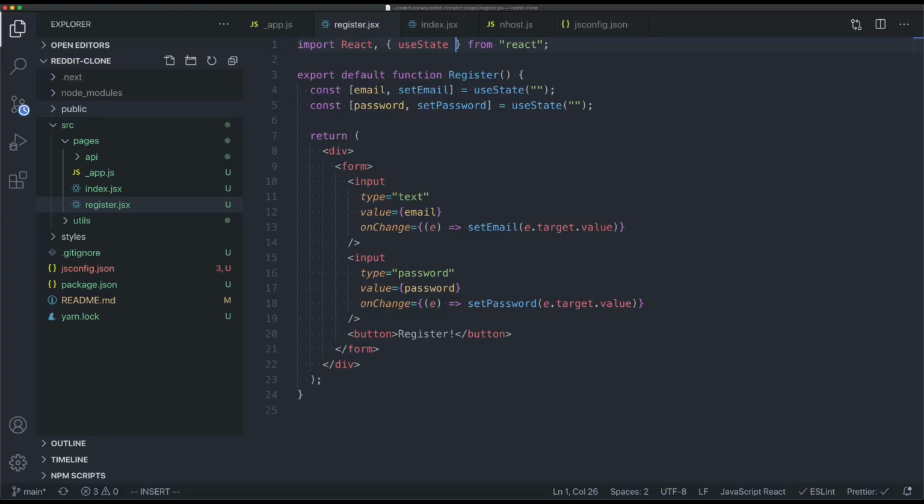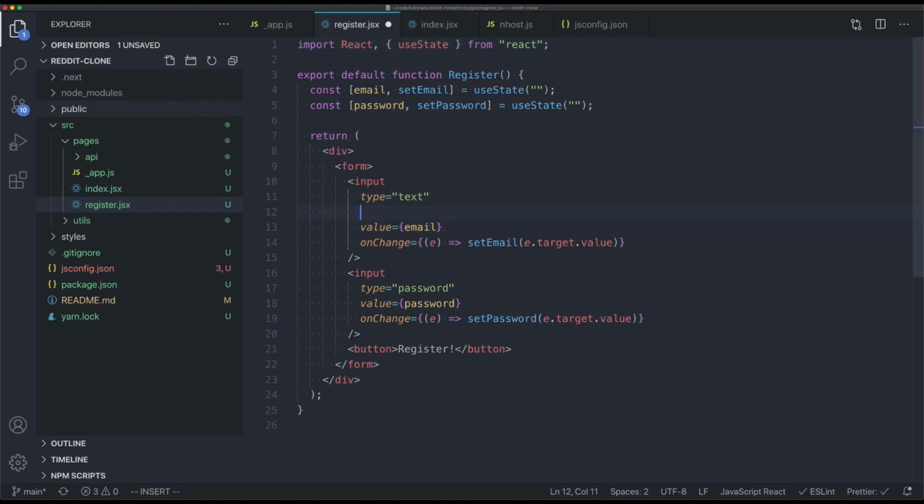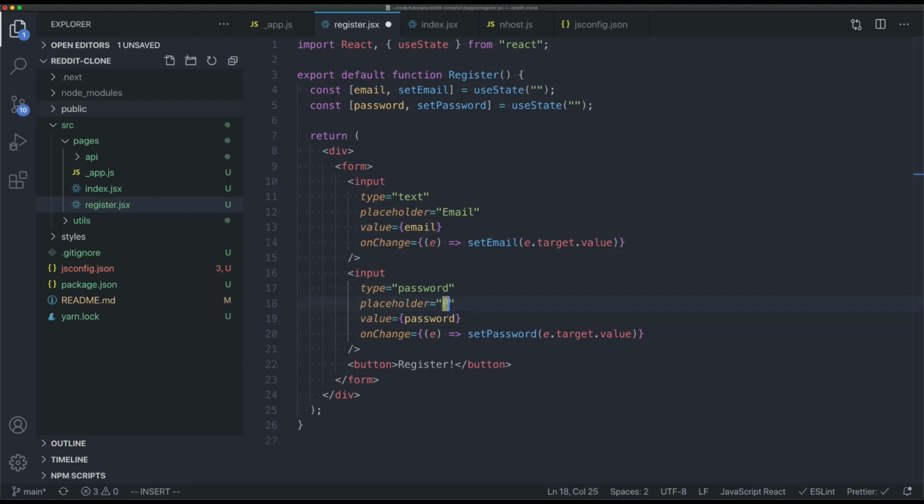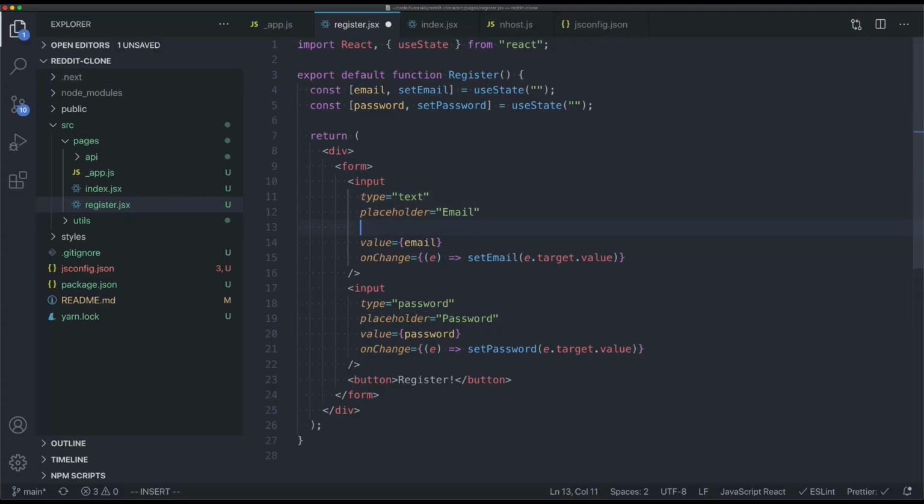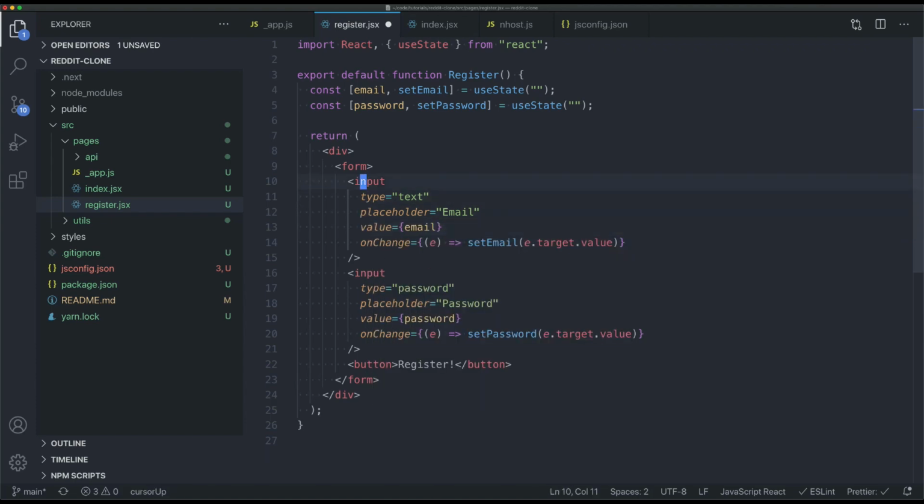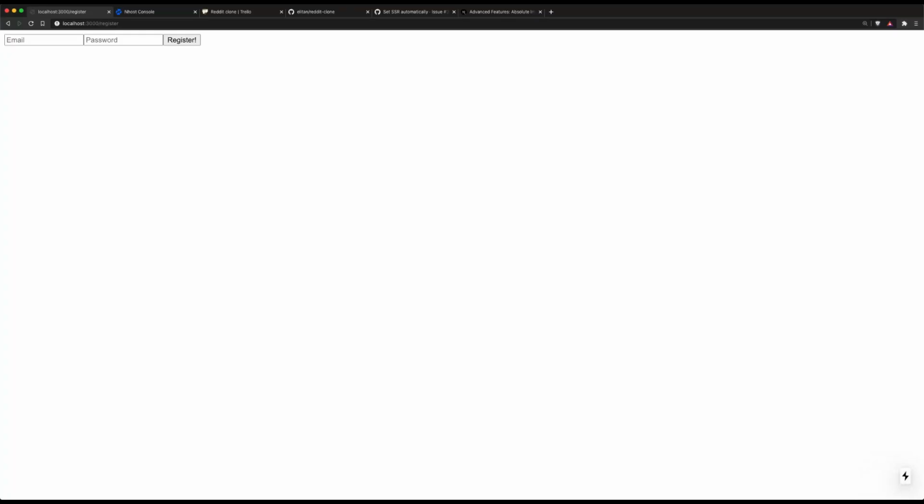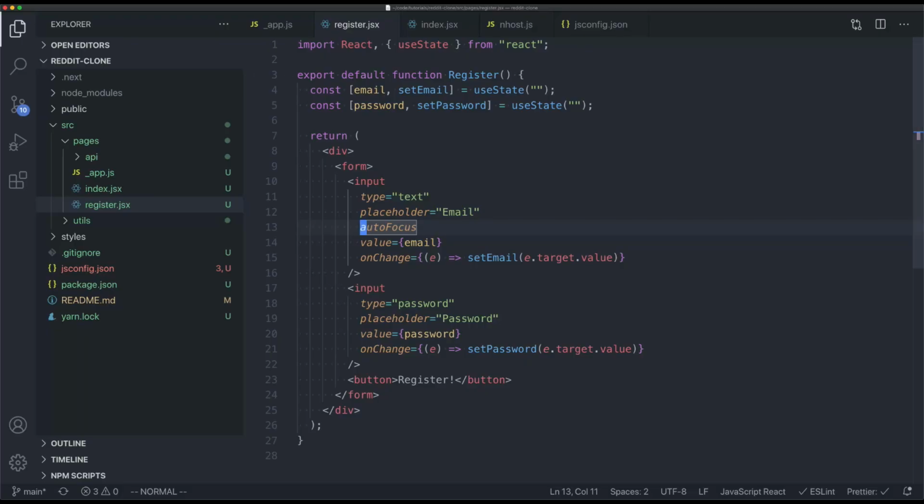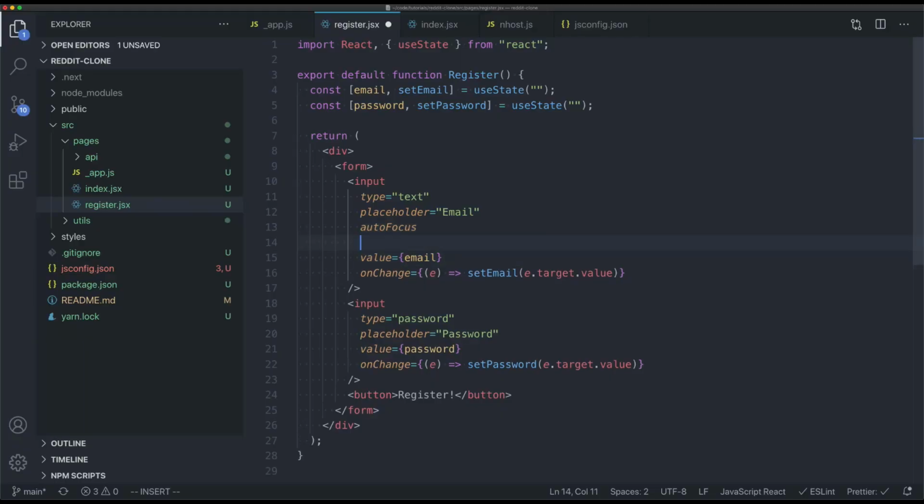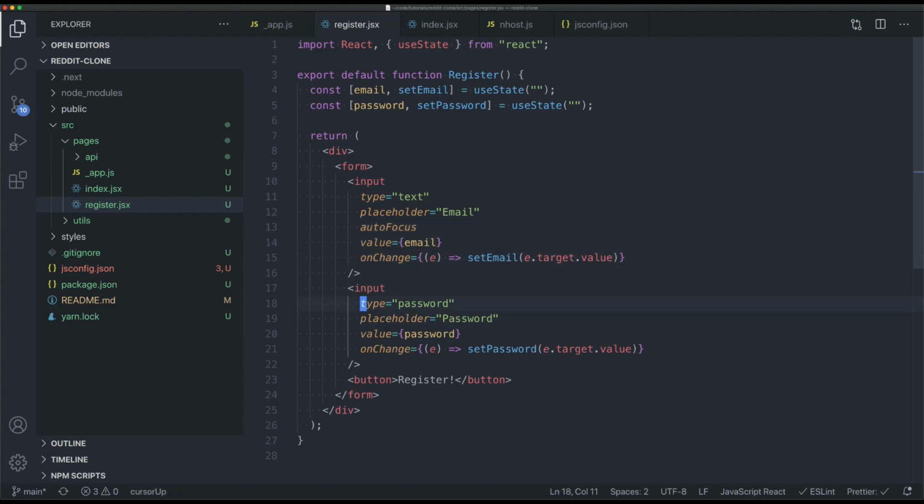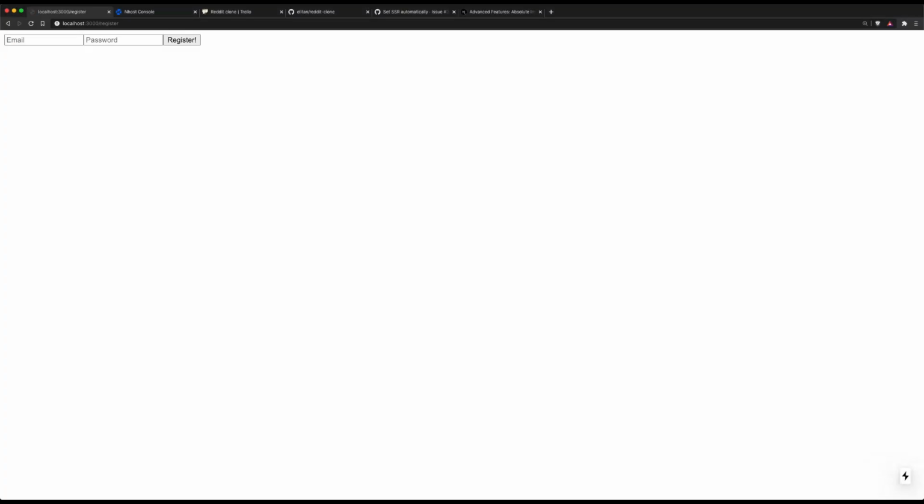All right. Let's just do two placeholders here as well. Placeholder, email. Password. Okay. And last thing here, autofocus. Let's put it here. So when we reload the page, I thought it was with autofocus. Alright, I don't know why that is not working. Anyway,